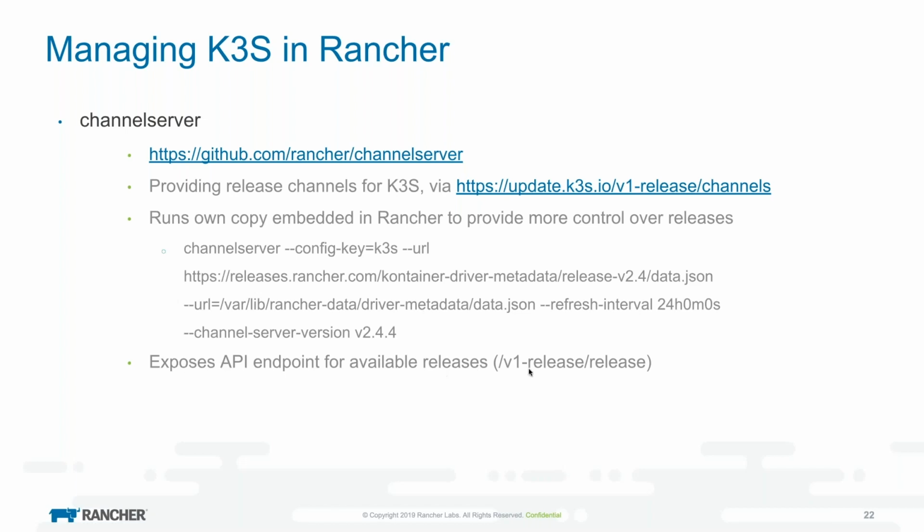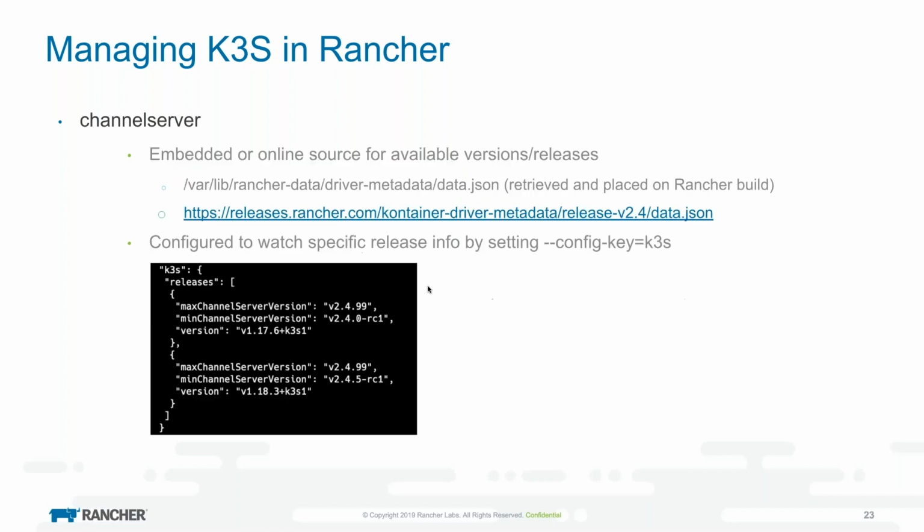So this API endpoint is called when you upgrade the cluster. The available versions will be called from this endpoint, which is based on this data. And if I move to the next slide, then like I said, we have an embedded and an online source. So we basically provide two URL parameters to the channel server, which is the local